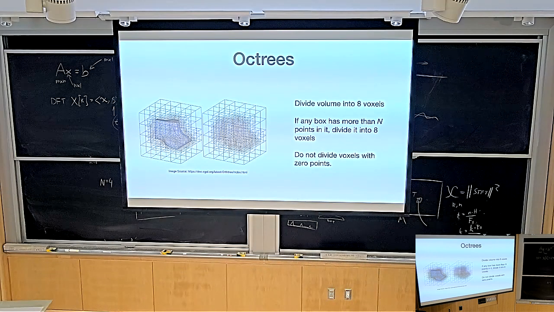Yes? Does it operate on meshes or signed distance fields or what? Great question. It's a discretization of 3D functions. It's functions that are defined in 3D. The abstraction that I always think about is you have a function that takes a 3D coordinate as input and tells you something about that 3D coordinate. And now you want to find a way of storing that function on your laptop. Like, how do you discretize it? That's basically it. And the signed distance function is a good example.